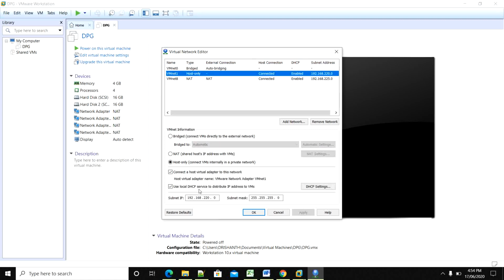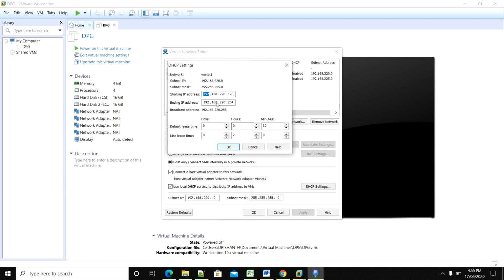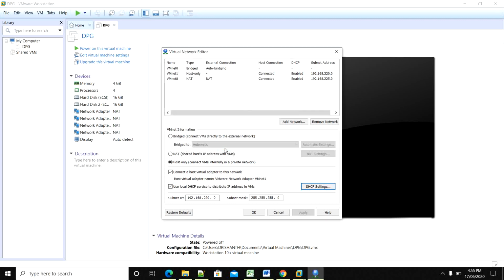In VMnet1 you need to mention the subnet IP, and you need to configure the DHCP setting. Here you define the starting IP address and the ending IP address. So we'll click on OK.